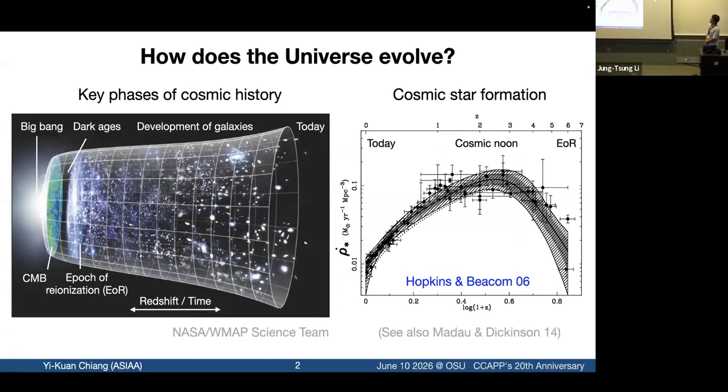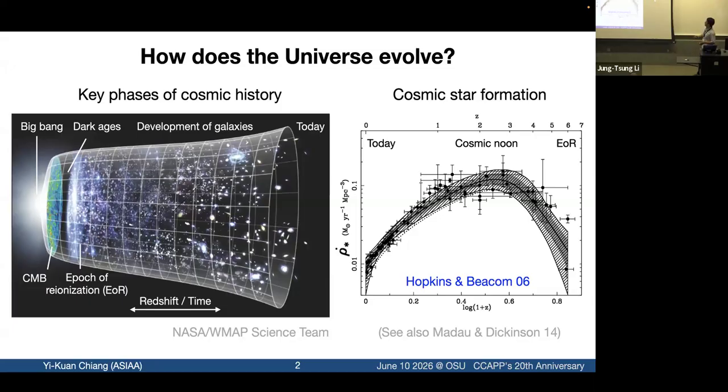So let's get started. The overall science question I'm trying to answer for my career is a very broad question: how does the universe evolve? Here is a brief illustration of several key phases of cosmic history, starting from the Big Bang initial condition, followed by the early universe relic radiation of the cosmic microwave background. After that, there are no galaxies existing in the dark age of the universe. But soon after the first stars and galaxies form, the intergalactic medium is reionized, and there's an extended period of time where galaxies grow and form the rich diversity we are seeing today.